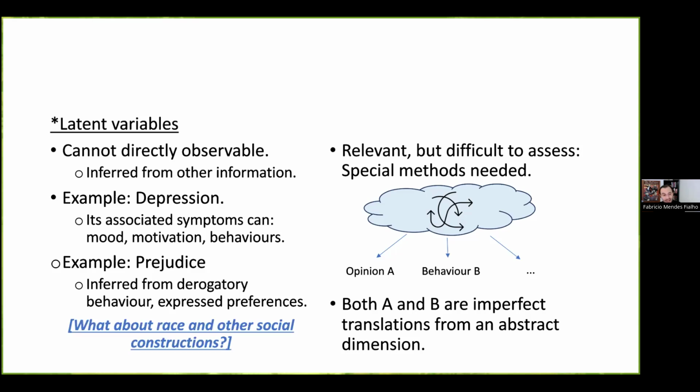And this brings us back to the previous conversation on race: what is race and other social constructions? Are they better understood as observed variables or as latent variables? This is an open, ongoing discussion, and I just like to flag this to you. There is no 100% consensus of what can be one thing and what can be the other one, right? Some would argue that most issues we deal with in the social sciences are latent variables because we are dealing with social constructions that do not have an existence in themselves, quote unquote, right?